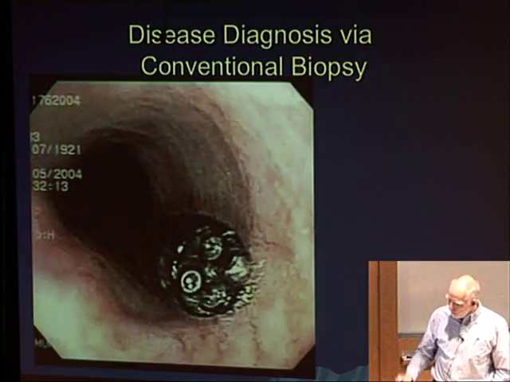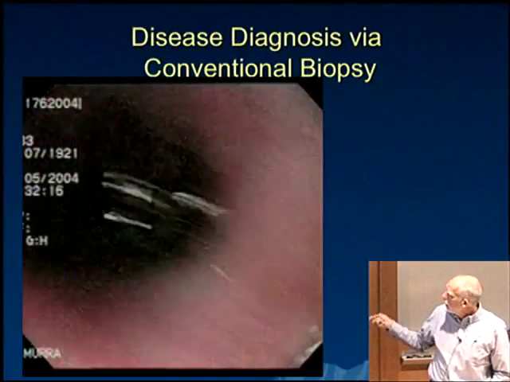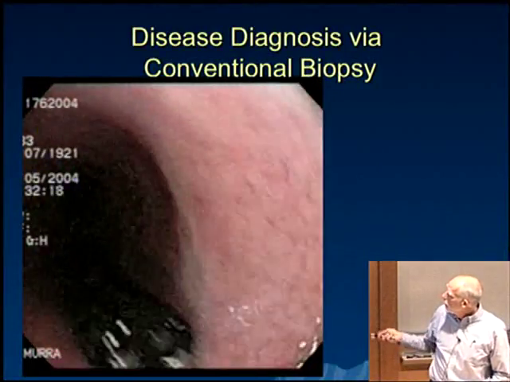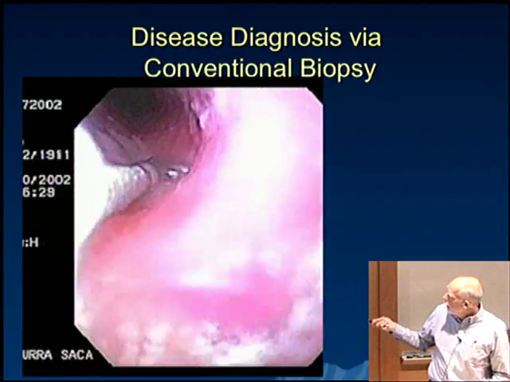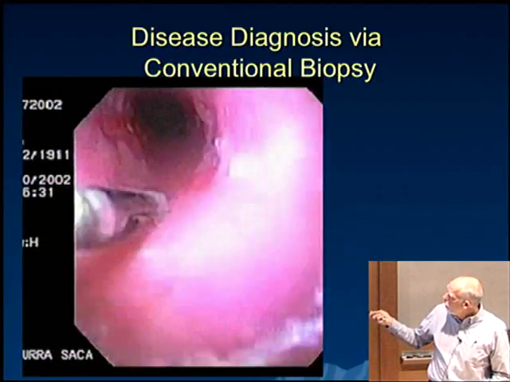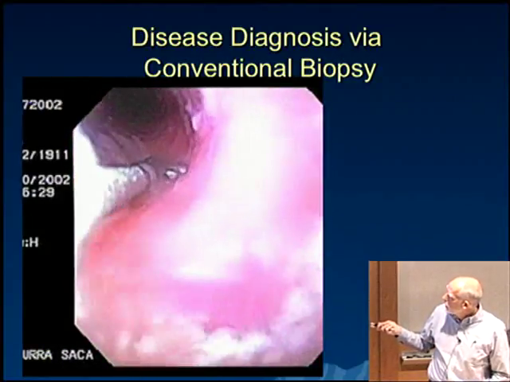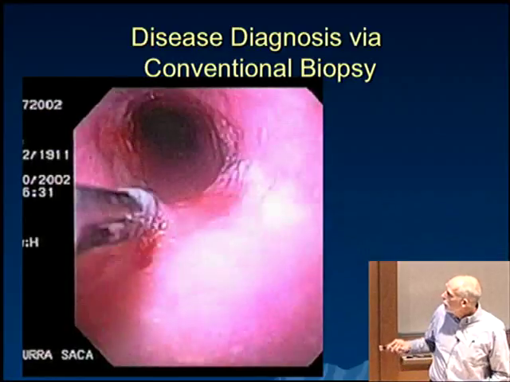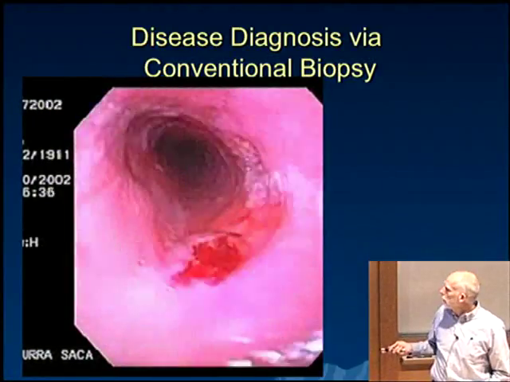Well, this is an example here of a video showing an endoscope. I think this is in an esophagus. So you can see this endoscope moving around tissue, and there's a port in that endoscope through which you can stick a tool to extract tissue. So this is a grabber that can go in and grab a piece of tissue and rip it out. So that's what you need to do to extract tissue in many cases.